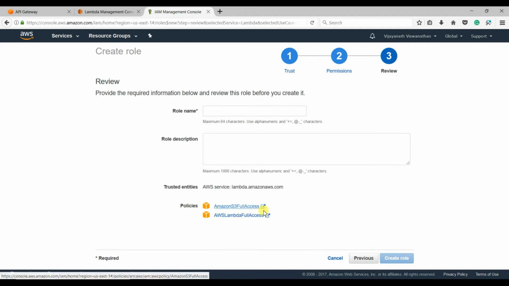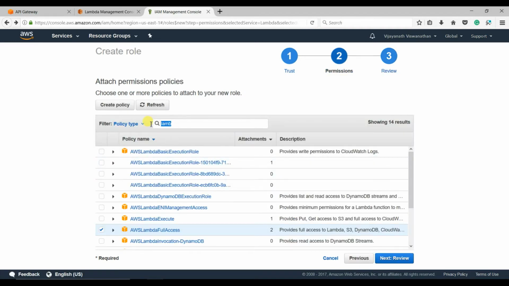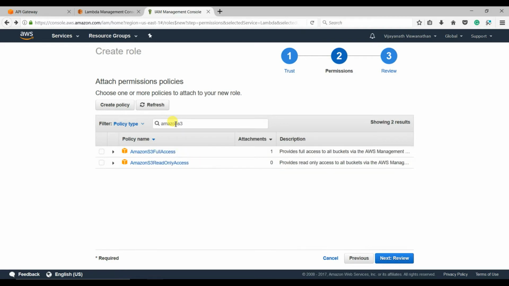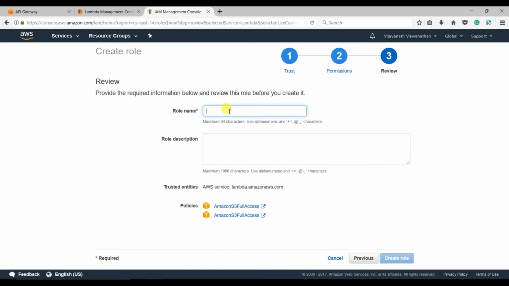Okay, we don't need S3 full access actually, so let me go back and change to S3 write only access. So you can see here S3 read only, and let us search for Amazon S3. Okay, I can see a role for S3 write only access. Okay, or we can create another role for that, but probably to make it easy, let me make it S3 full access. Okay, so click on next, and the role name is post